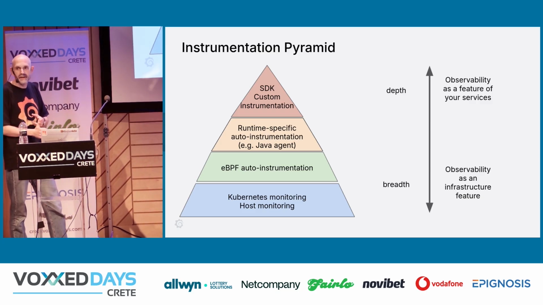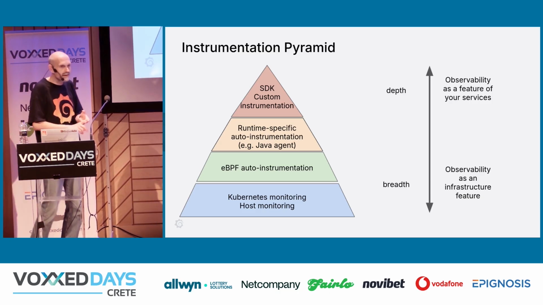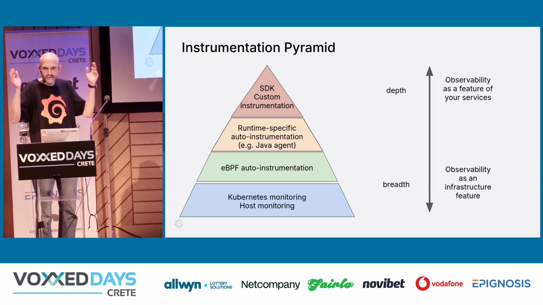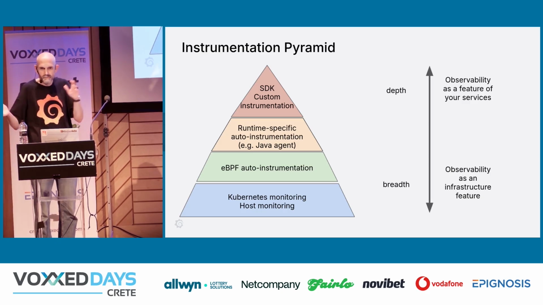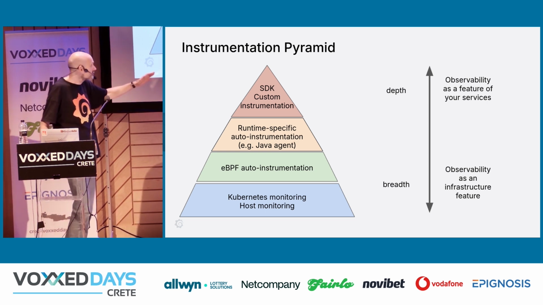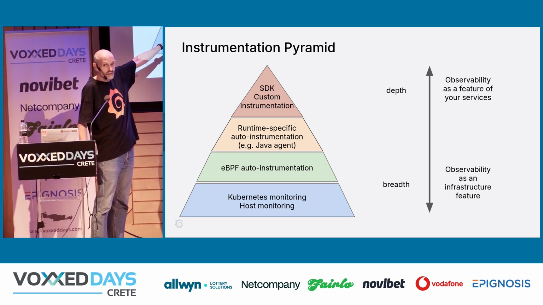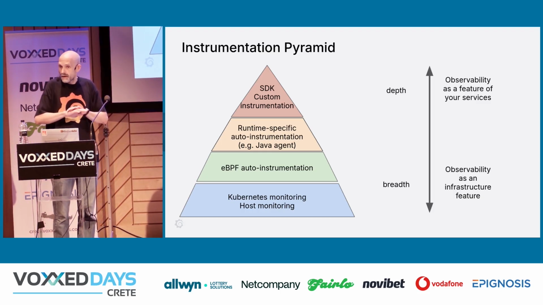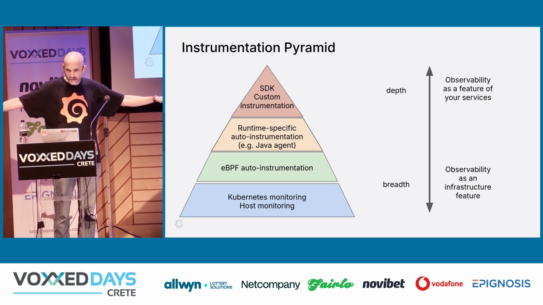That doesn't require engineering effort, that doesn't require environment variables or restarts, or even if somebody comes and has some Rust application or some weird other framework, you always have this baseline instrumentation that gives you the RED metrics. And I think that should always be there. So just have Beyla on every node, use it for RED metrics, and then you have this base coverage,